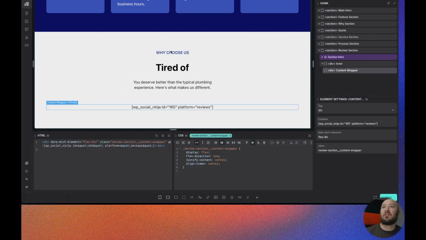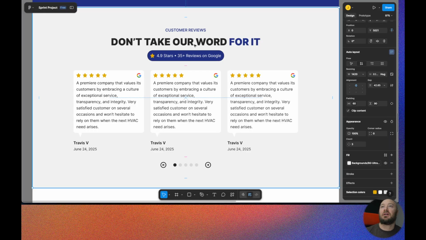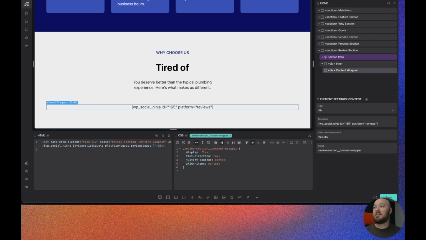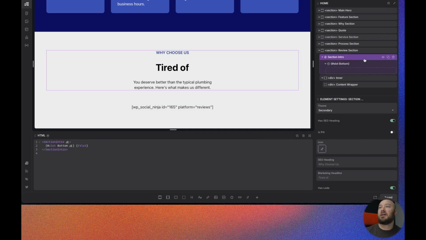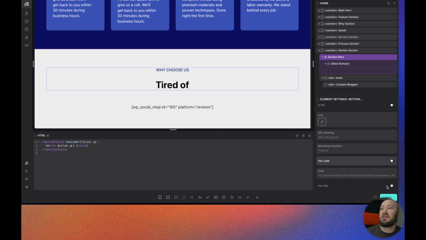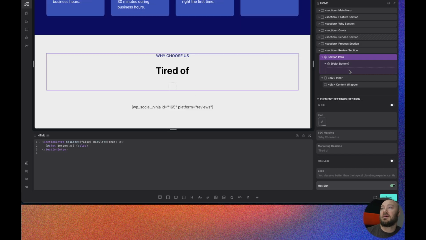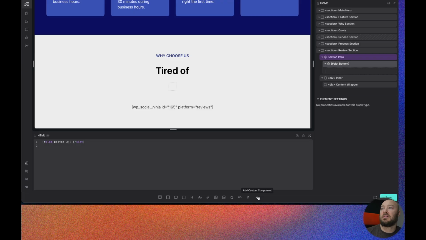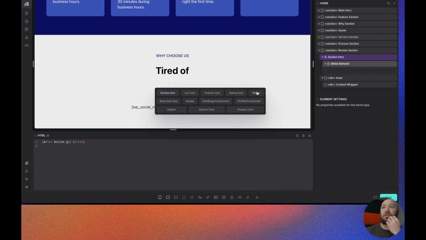And now we have the fun part of building out our intro component a little bit more. So I'm going to hit save. On my intro component, I do need a slot this time. So first off, if I double check, we don't have a pill, but we do have the intro heading. It does not have a lead, and it does have a slot. Inside our slot,